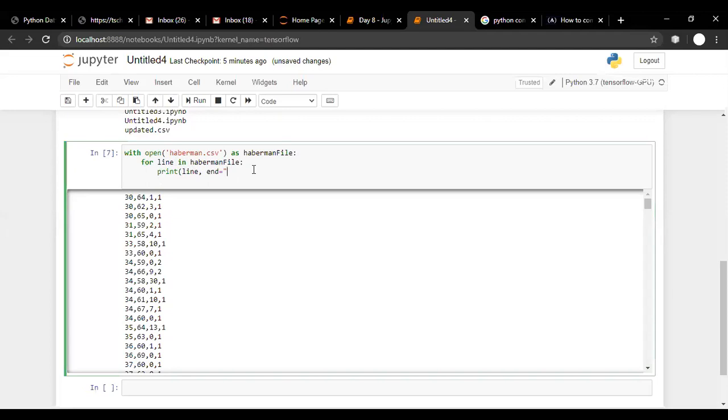Thank you. So instead of printing, what we should do is split the line into an array. We know there is a method. Which method is there? Line dot split. This method can split the line into multiple values based on some separator. And in this case, our separator is comma, as we can see it, 30, 64, 1, 1, and so on. And we are receiving it into